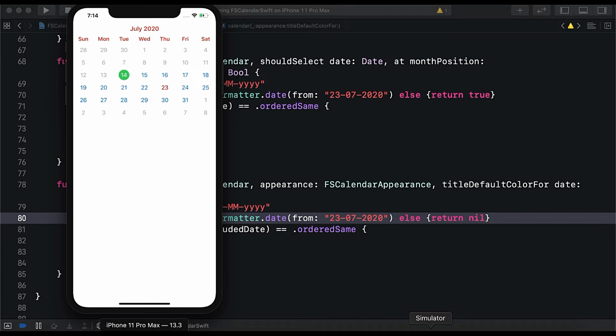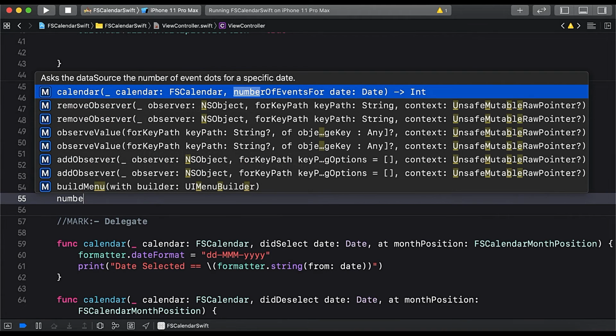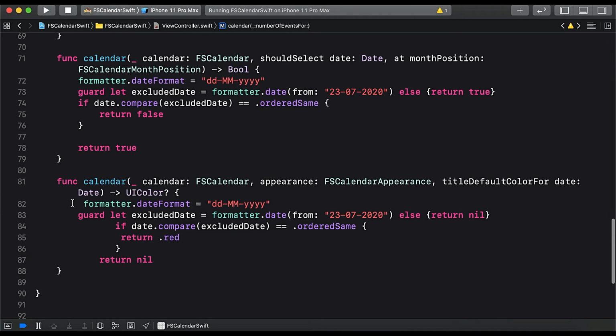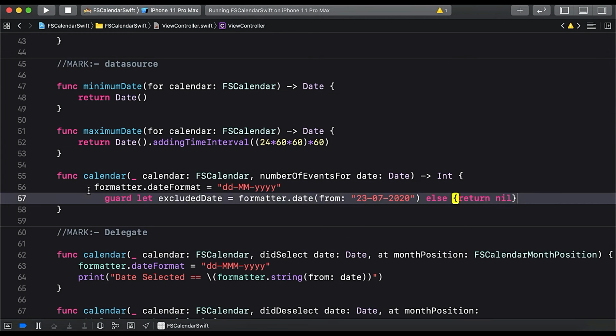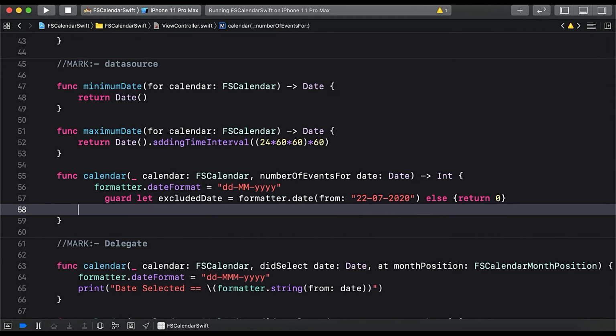You can specify a particular date having an event using the data source method named numberOfEvents. Similarly, let's copy this, and here we will say if our date is the 22nd, then by default return 0. Otherwise, if